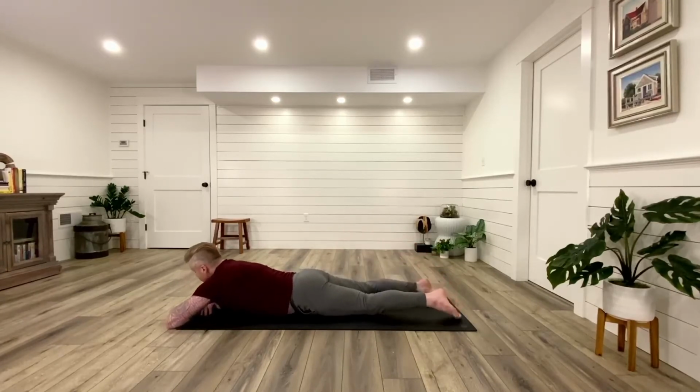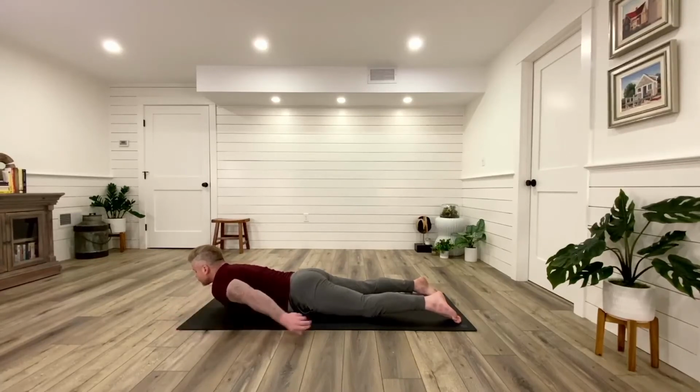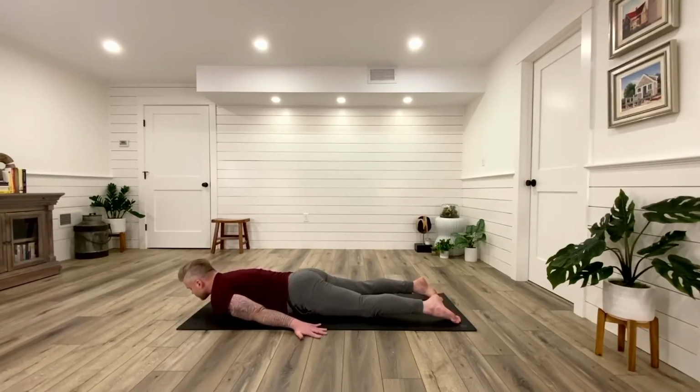Now take your feet back down to the floor. And this time reach your arms back near your sides. Turn your palms to face down and press your hands firmly into the floor with both arms straight. Now this might feel a little weird, but look forward, slide your chin well ahead, and attempt to touch your